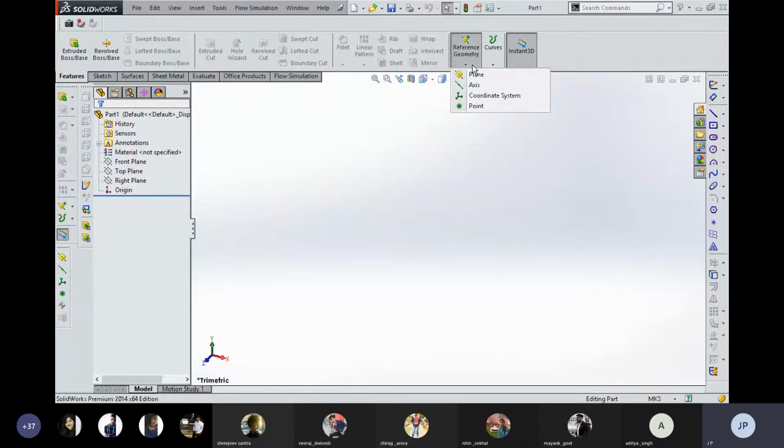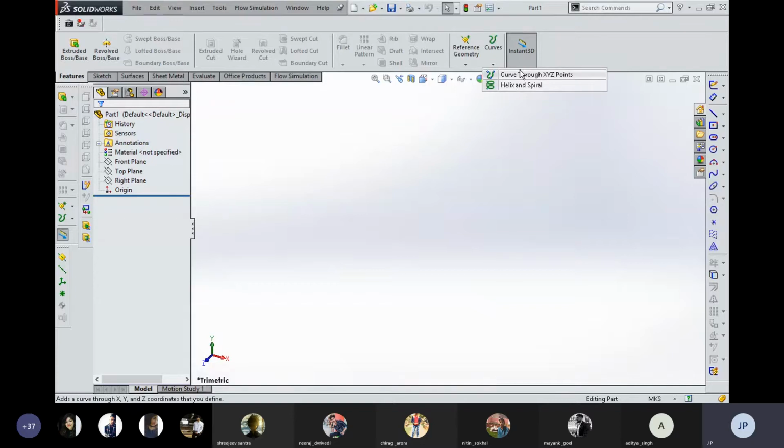These are few tools useful for creating datums: you can create a datum plane, a datum axis, a coordinate system and a point. So these are the 4 things used for creating plane, axis, and coordinate system that are already available in the workspace.